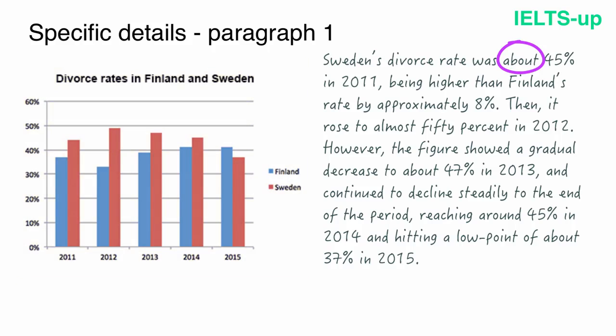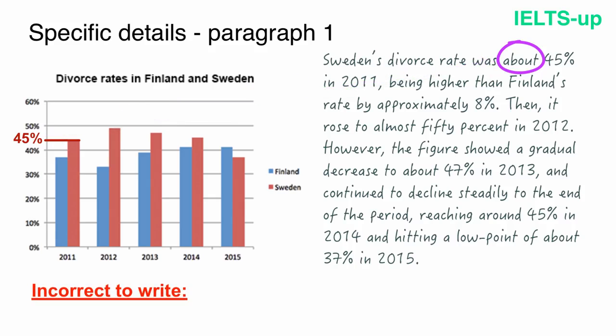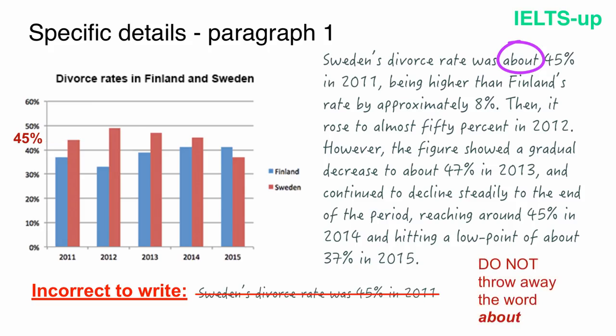Look at the bar chart. We can see that Sweden's divorce rate was somewhere between 40% and 50%. But since the rate falls between the lines, we cannot see the exact number. So I picked 45% and used the word about to indicate that this number is not exact. It would be incorrect to write "Sweden's divorce rate was 45% in 2011," so do not throw away the word